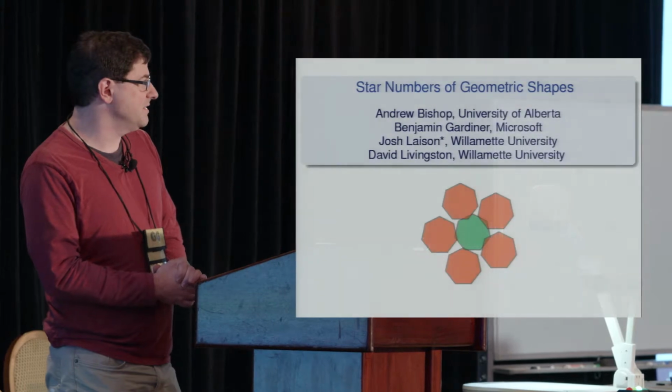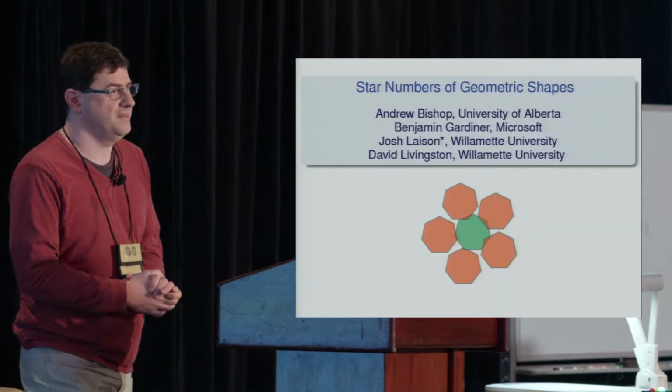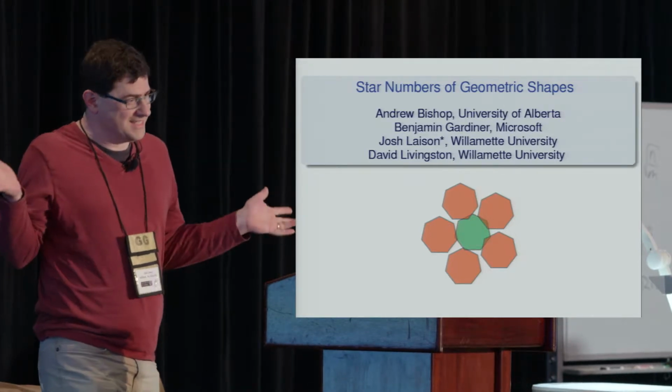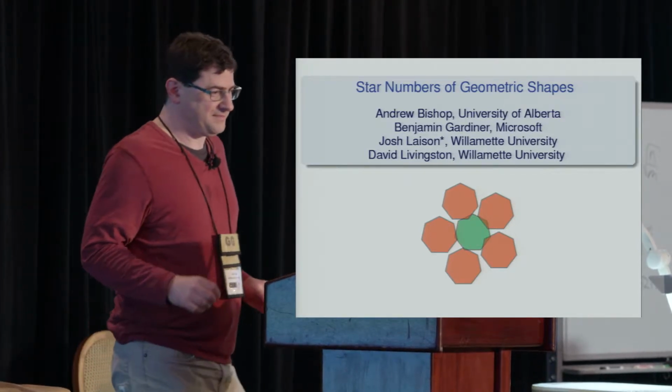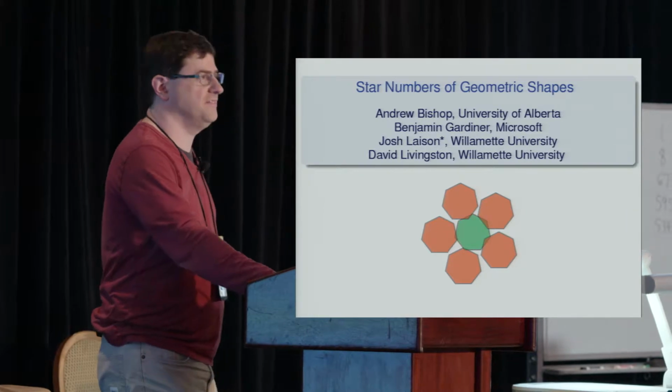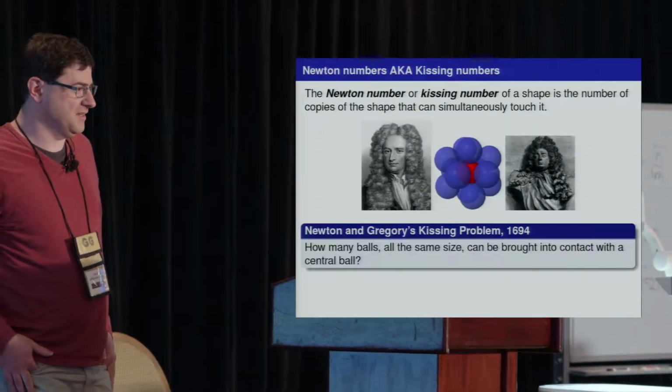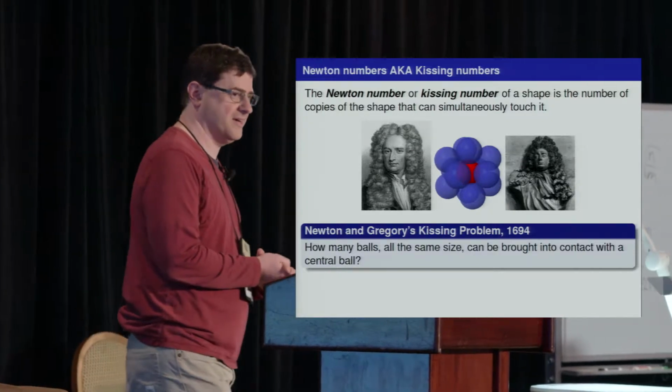So this is some research I did with 3 students at Willamette University who have since all graduated, and David is selecting a graduate school as we speak. So it all started with this problem a little while ago with its argument between Newton and Gregory